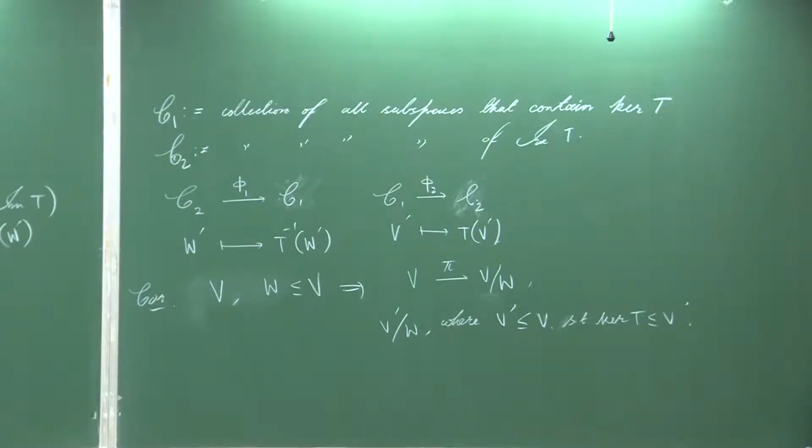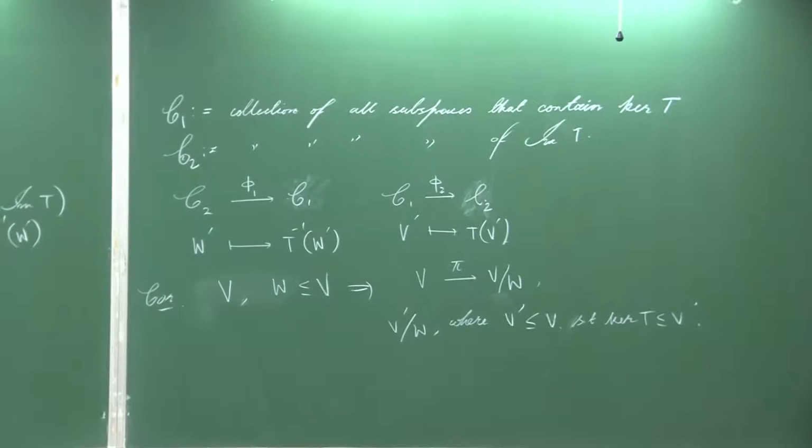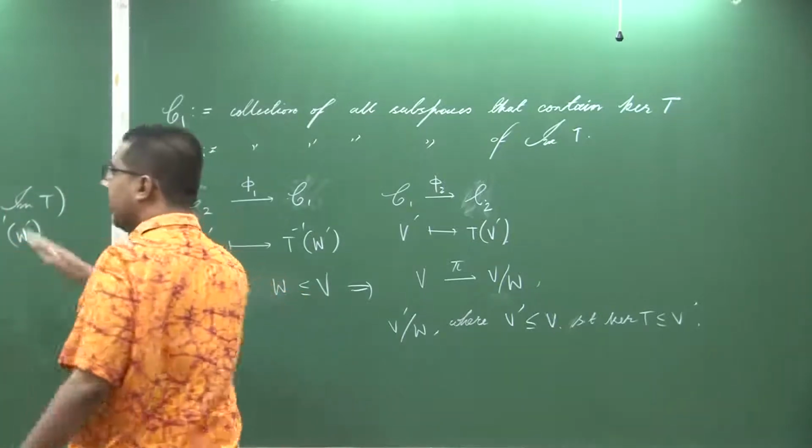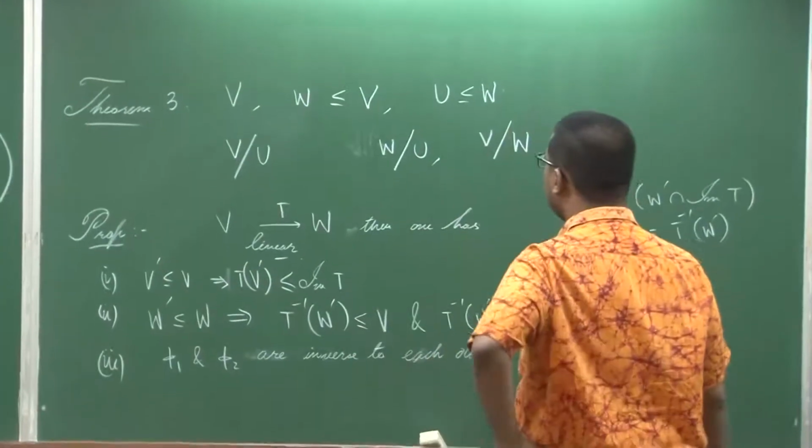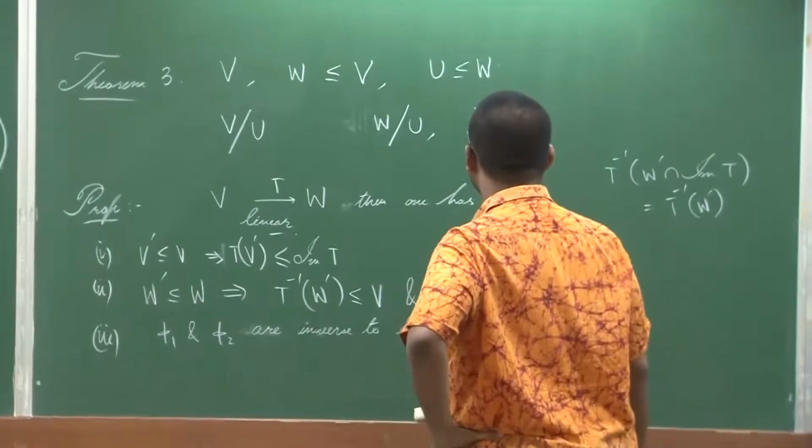Okay. Good. So, that gives me a very concrete description of all the subspaces of V mod W. Now, with this, let us come back to the third isomorphism theorem. So, what are the situations here? If we remember that